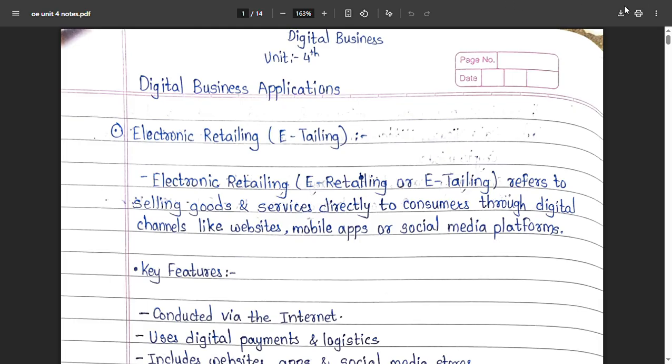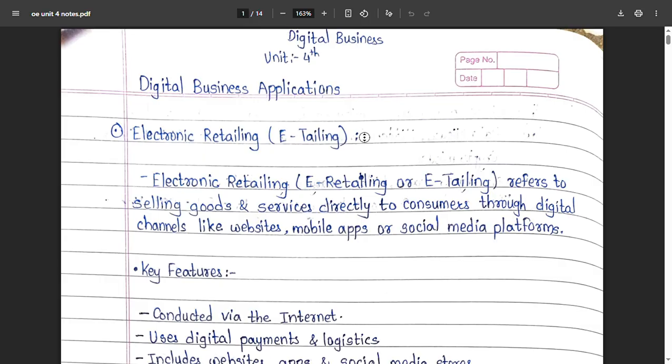The key features of e-retailing are that it is conducted via the internet, uses digital payments and logistics, focuses on convenience, personalization, and global reach, and includes websites, apps, and social media stores.